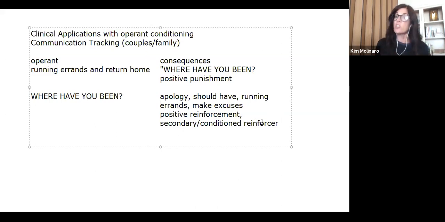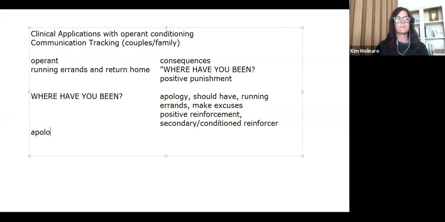There's probably a lot more to this, but again, it is just an operant conditioning application. So this is a simplistic application, okay? We would do a lot more clinically perhaps. And then let's say in response to the apology, the should haves and the excuses,